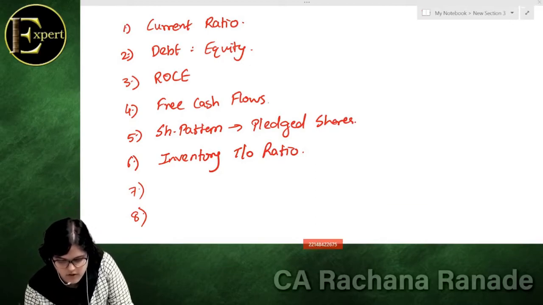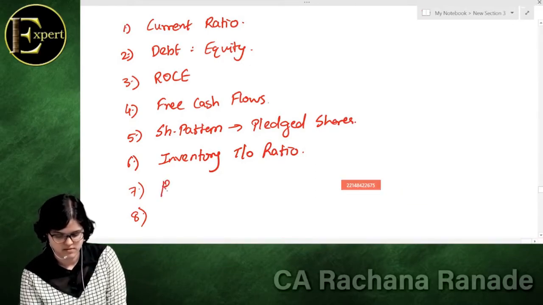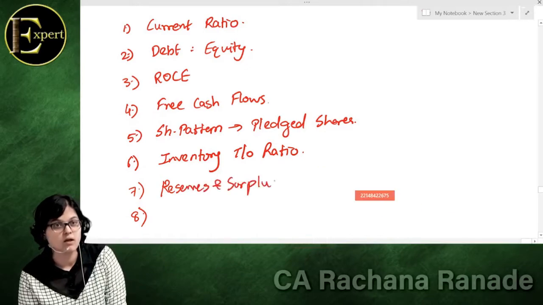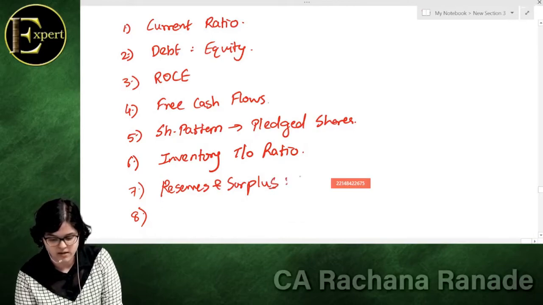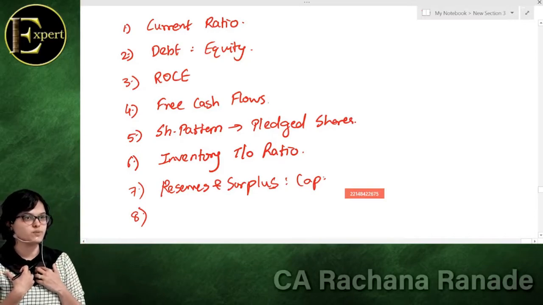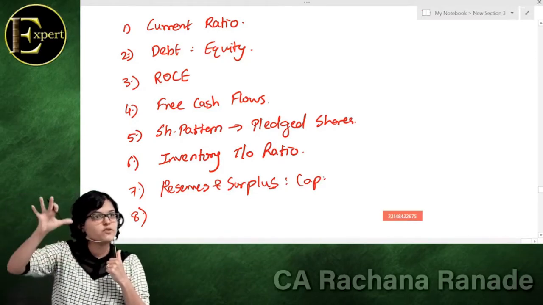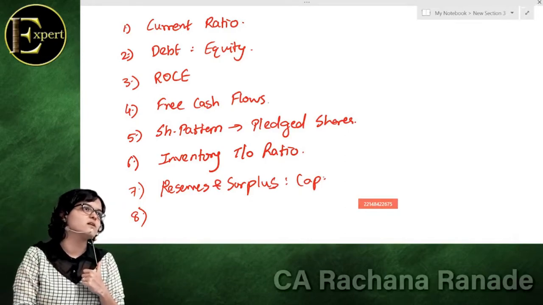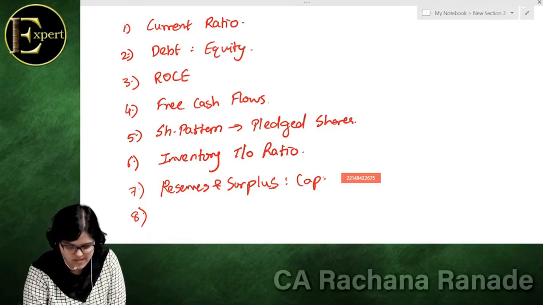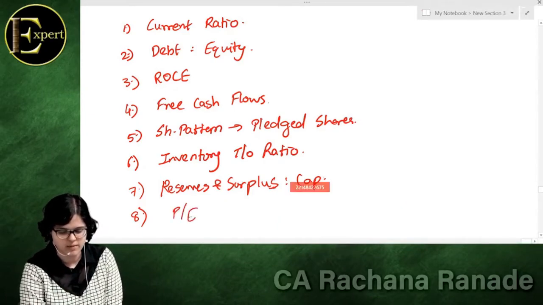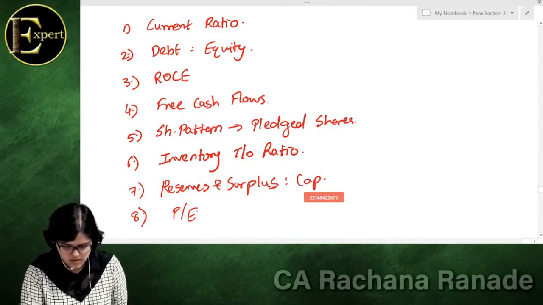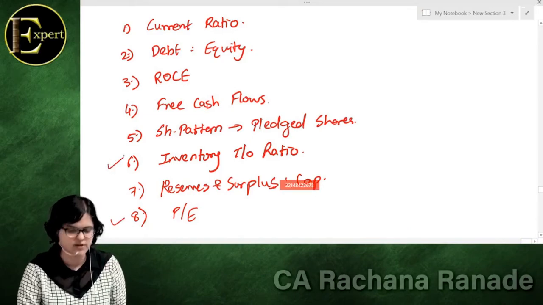Okay, 1 minute. I just remembered. We talked about reserves. Reserves and surplus to capital. We compared it with capital, na? So capital is how much money I've put in the business, and reserves and surplus is what I'm getting back from the business. Or even we talked about the trend of reserves and surplus, whether it is increasing or whether it is decreasing. Correct? And there is one more 8th point which I now remembered, is the PE element, price to earning ratio. So we are left with only two, na? We are left with price to earning, and we are left with inventory turnover.